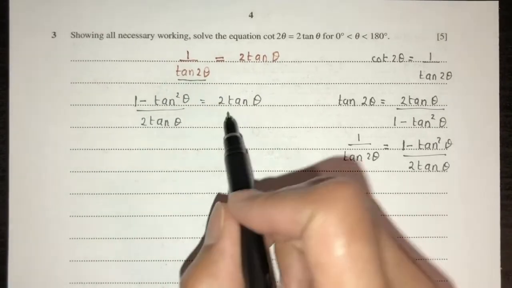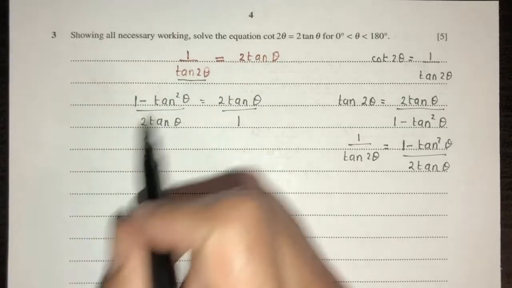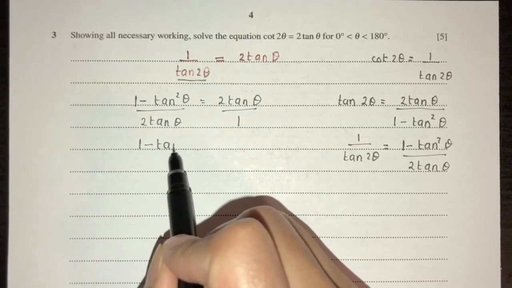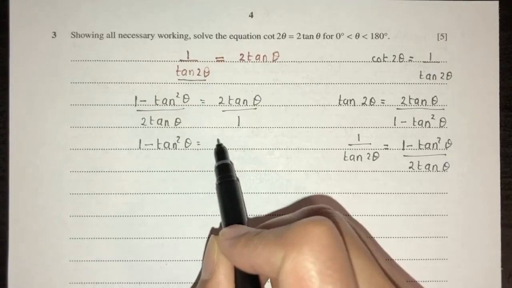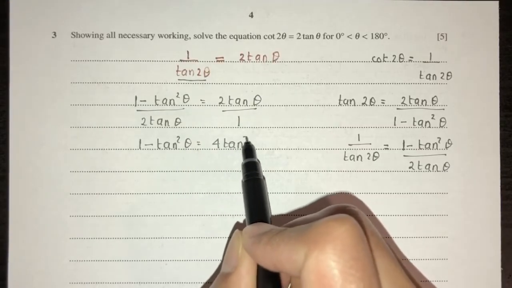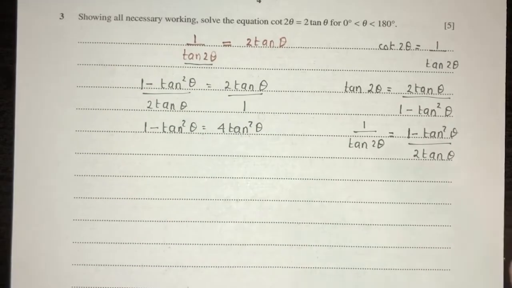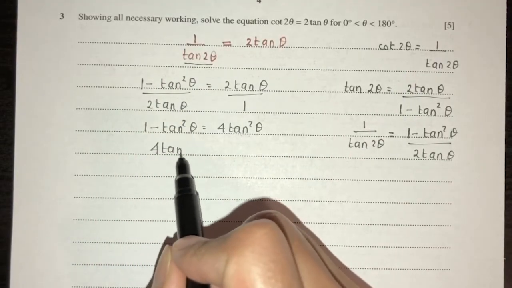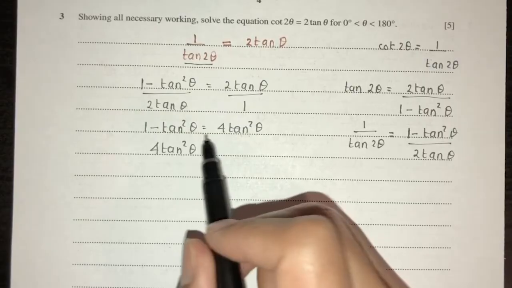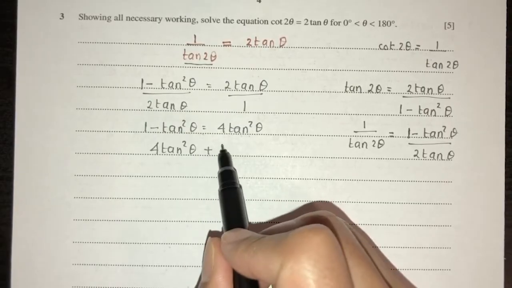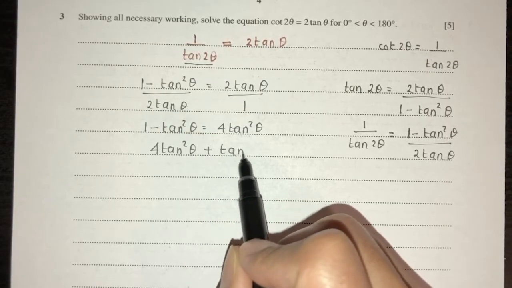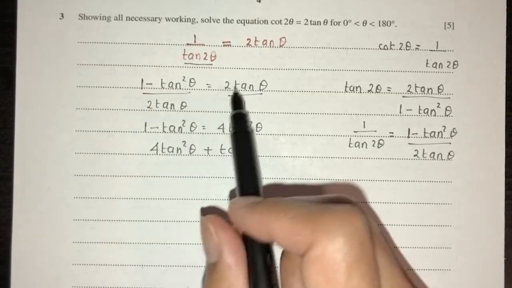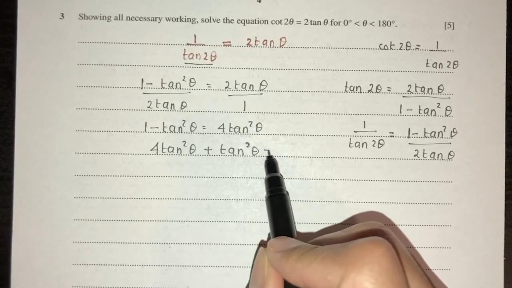Okay. Now this is a fraction here as well. We have to cross multiply. You will have 1 minus tan square theta equal to 4 tan square theta. Now let's rearrange, send everything to one side. You will have 4 tan square theta plus tan square theta is equal to